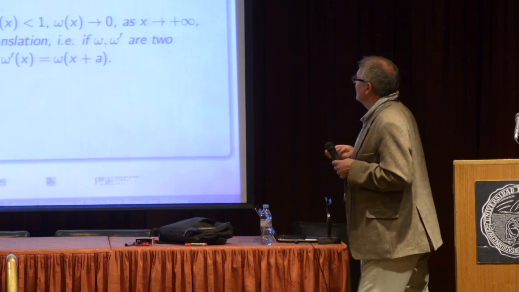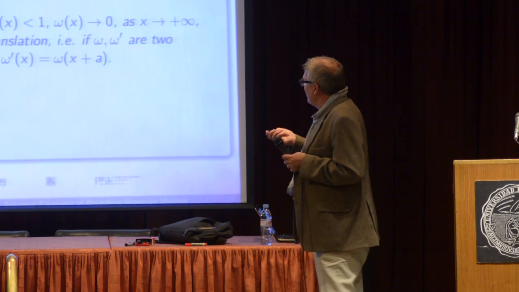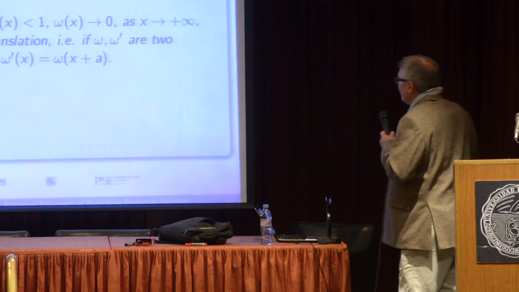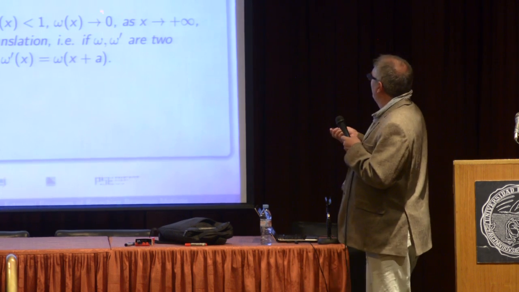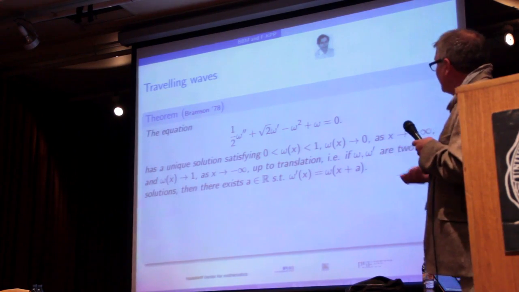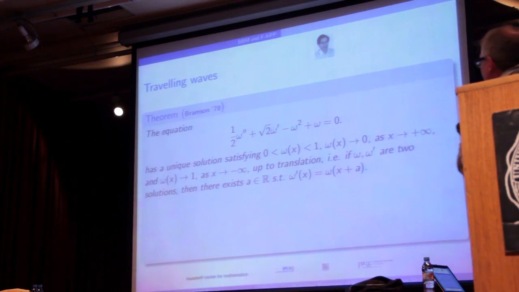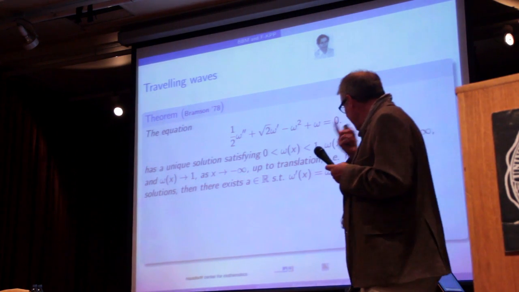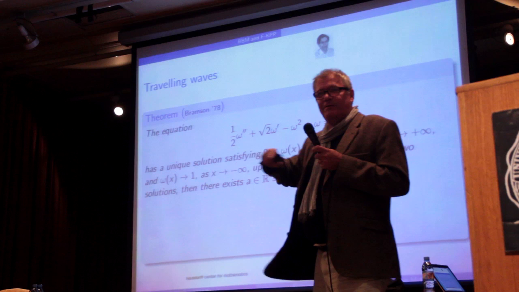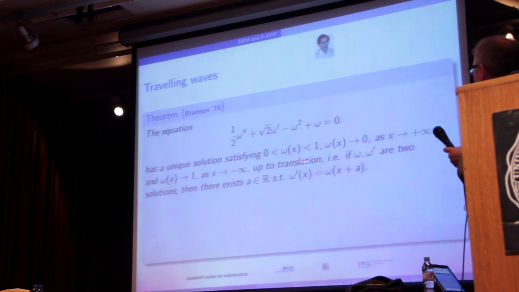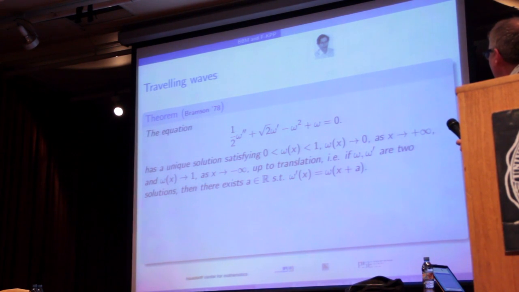So you have this equation, and he shows that this is a unique solution that stays between 0 and 1, and that goes to 0 as x goes to plus infinity, and 1 as x goes to minus infinity, up to translation. So of course you can always translate this thing, you still get a solution. And then